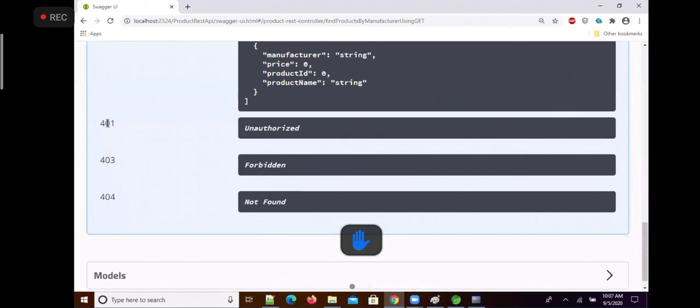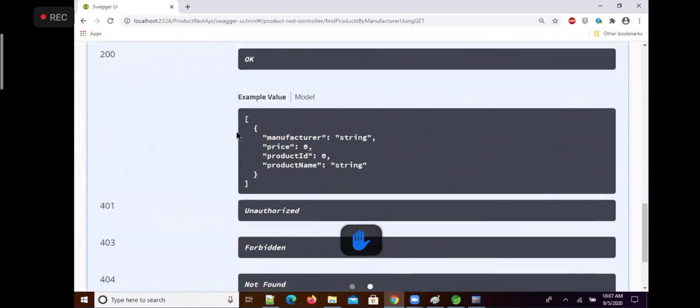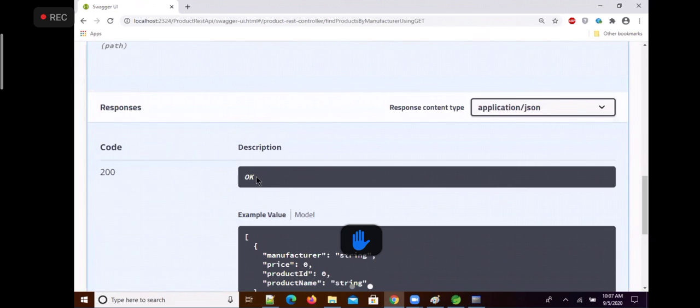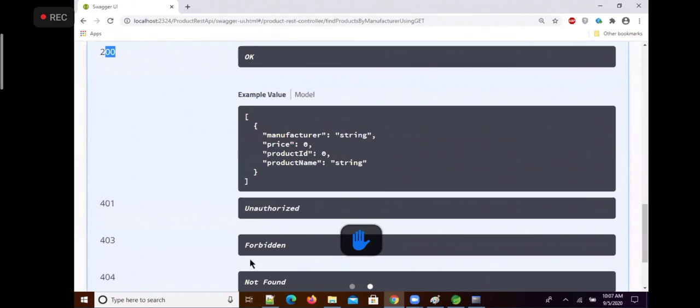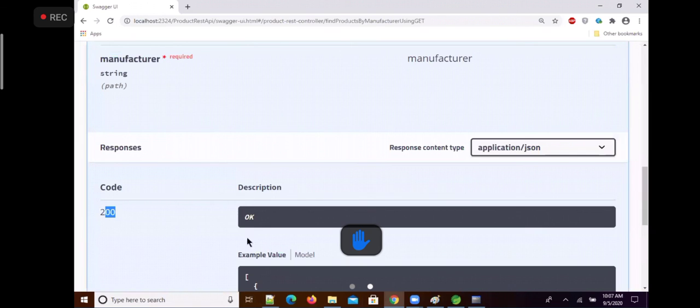So if you want to customize this, in the documentation, instead of the description okay for code 200, you want to change the description, then we can use the annotation @ApiResponse. And if you don't want these default messages, these default response codes and descriptions generated in the documentation, you can do one thing.